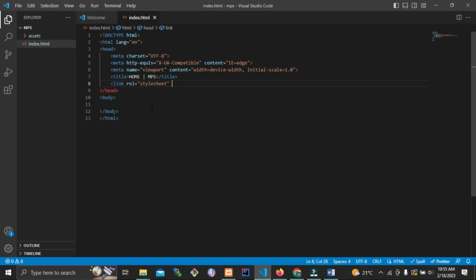So the relationship type is style sheet. Then you need to reference to where the CSS is being pointed to. So you should use the href, and then you set up where your CSS is located. Remember that we created a folder name called assets. So you access the assets folder, and inside assets you need to access CSS, but we haven't created our file yet. So you just create it right here, style.css, but remember to make sure that you've created it before you proceed. So we have our style.css. So we call this one our external CSS